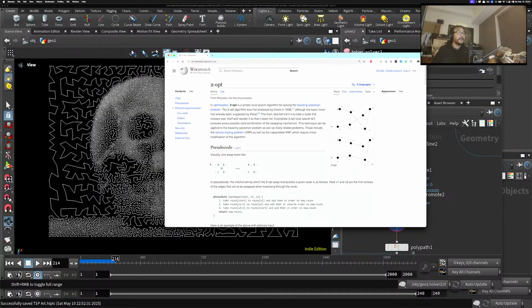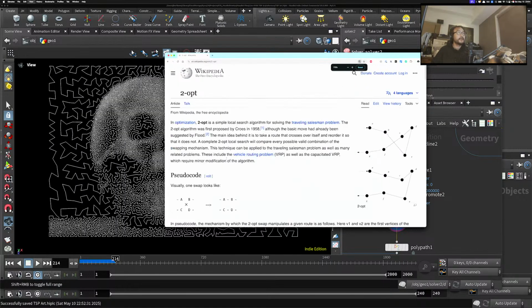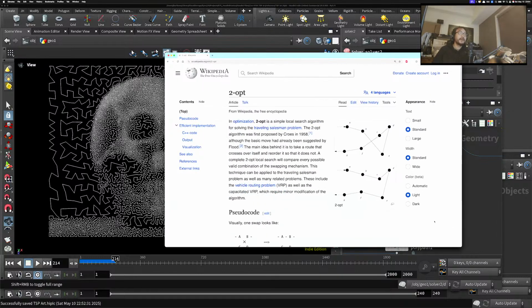If you go to Wikipedia and search for two-opt, it shows how you can get a shortest path out of the current existing network by changing some of the paths, switching some of the paths